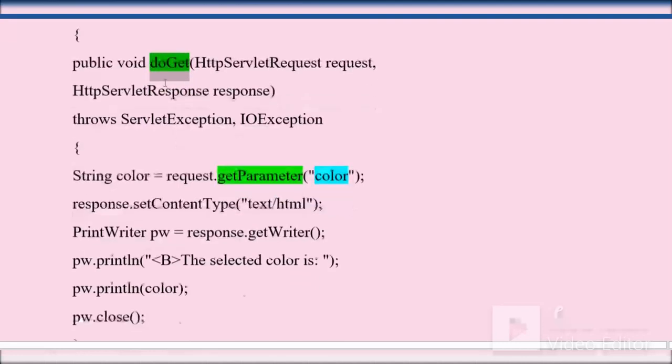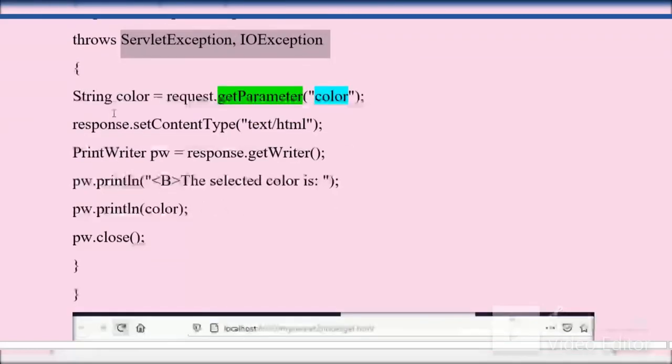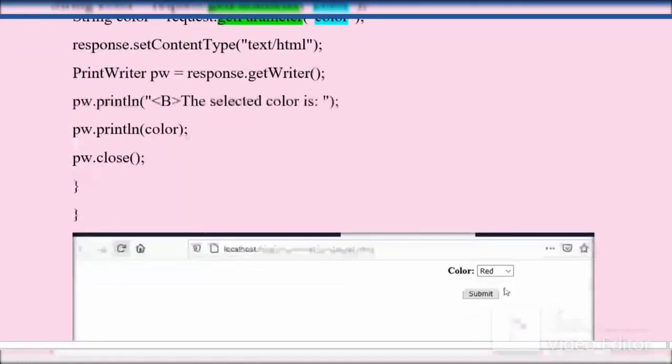Okay, so in the doGet method, two parameters are required. Request, which is an object of HttpServletRequest. Second is response, which is an object of HttpServletResponse. The exceptions used are ServletException and IOException. Next, first we'll verify this output.